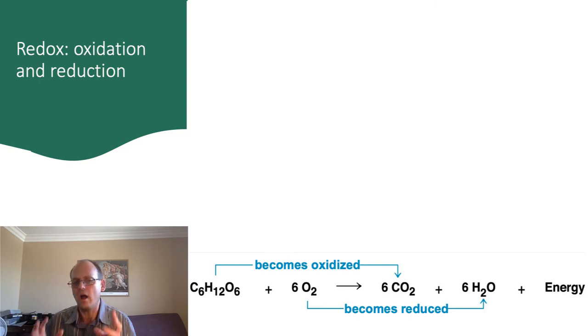Now, although this isn't a hard and fast rule because the definition of redox only involves a transfer of electrons, you can often think of redox in terms of whether oxygen or hydrogen atoms are involved. The glucose here gets more oxygen atoms attached per carbon atom, and it is oxidized. The oxygen molecule gets hydrogens attached, and it is reduced. As we'll see in a minute, the addition of electrons to atoms as a molecule gets reduced may or may not be accompanied by a transfer of the hydrogen nucleus itself.